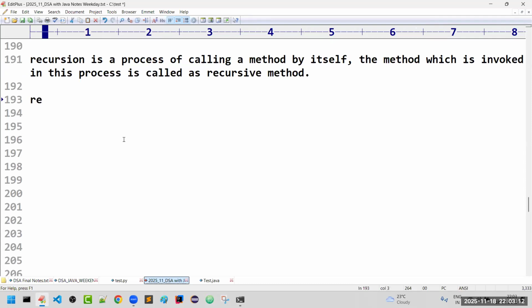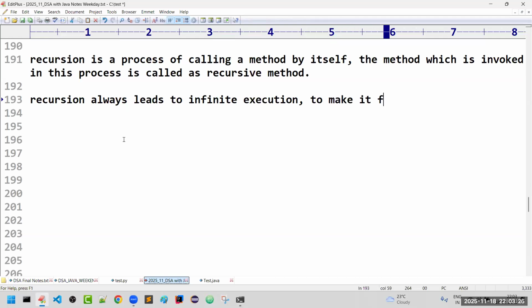Sir, recursion always leads to infinite execution because it will never stop, right? So to make it finite, we have to write an explicit condition.